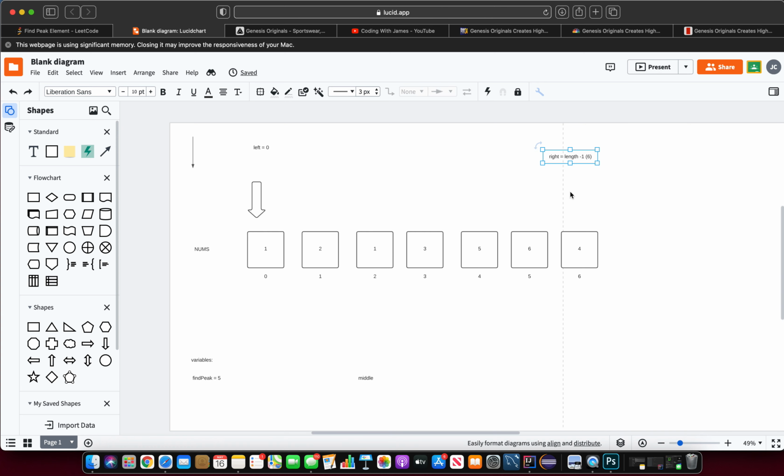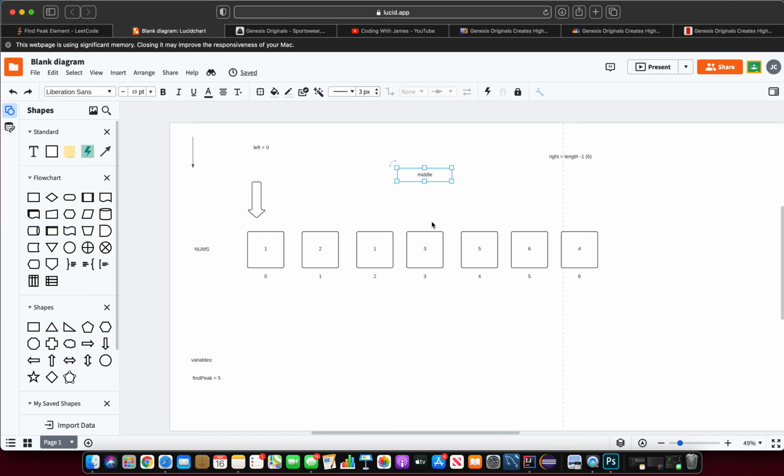So what we're gonna be doing is we're gonna say while the left is less than the right, we're gonna cut it in half, right? So in this case, 1, 2, 3, 4, 5, 6, 7, we're gonna cut it in half. Boom, we're gonna end up with a middle that has 3 in it, right? We're gonna have the middle equal to 3. Middle is equal to 3, and we're gonna say